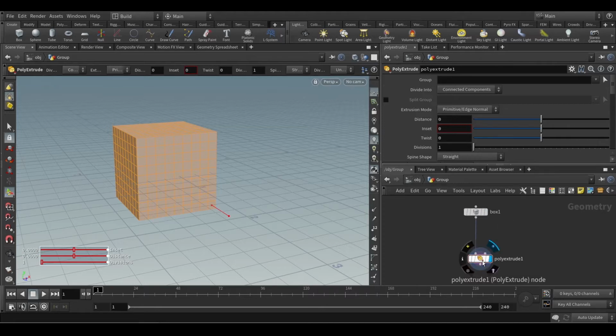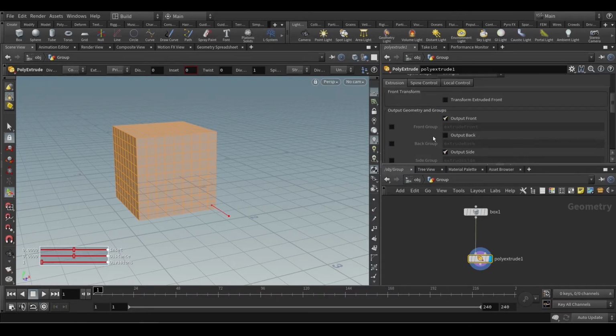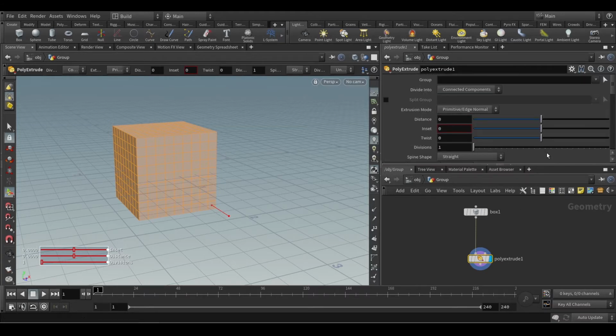Right, so you see PolyExtrude, and up here you can see a group. In all the previous videos, what we did is we brought a group from a PolyExtrude group, right? We brought it from this group, which already exists, and we are just bringing that group and changing the name of the group, isn't it? But you can not only do that, you can not only bring the previous group node,